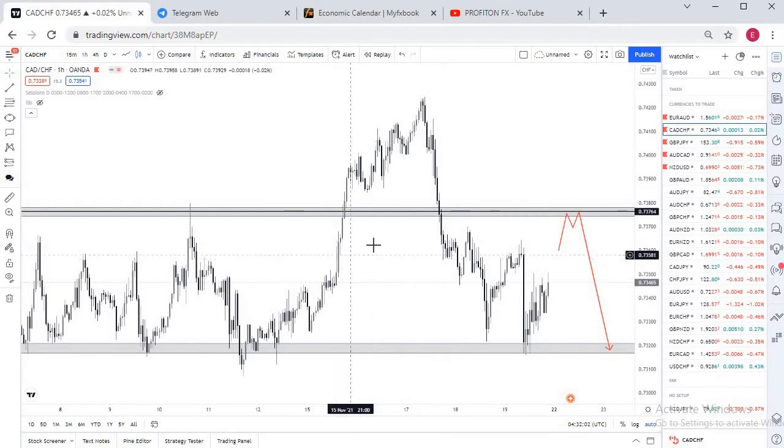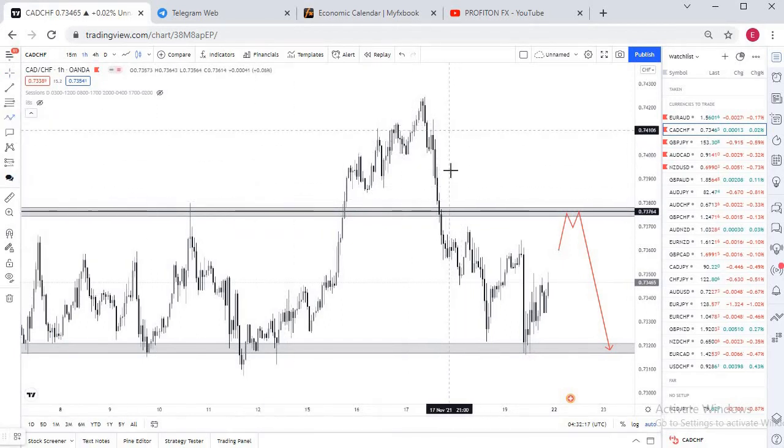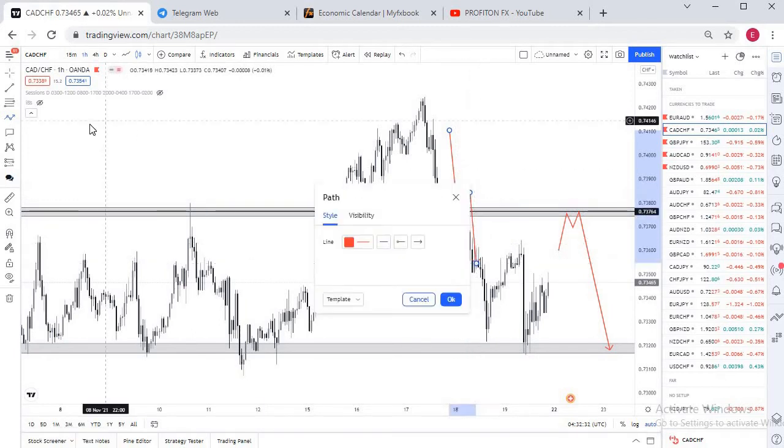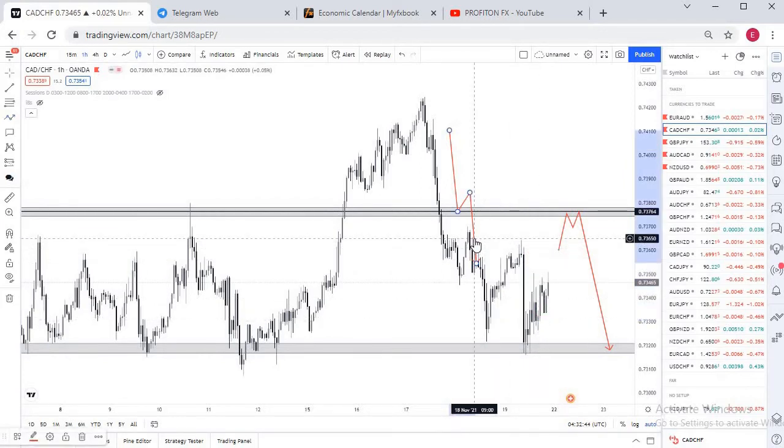Now, currently, after this break, we never saw a retest of this level. And again, after this break back below, we never saw a reaction to this level. When I say a reaction, I mean I would have preferred to see price come to that level, bounce just a little bit, even if the level was not going to hold, and then break back below, or break below, retest just a bit, and then continue. That would have been a clear indication that this level is still holding.